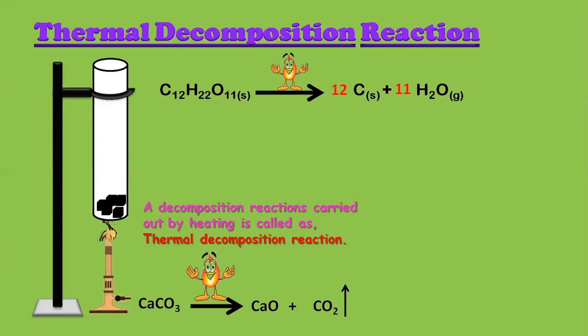You might be thinking, ma'am, where did the oxygen come from? This oxygen is already there in the reactant, my dear students, and calcium cannot come out alone. It will first combine with oxygen, forming calcium oxide. Both of them have valency 2. We cancel the 2, make it 1. So I get CaO plus CO2.